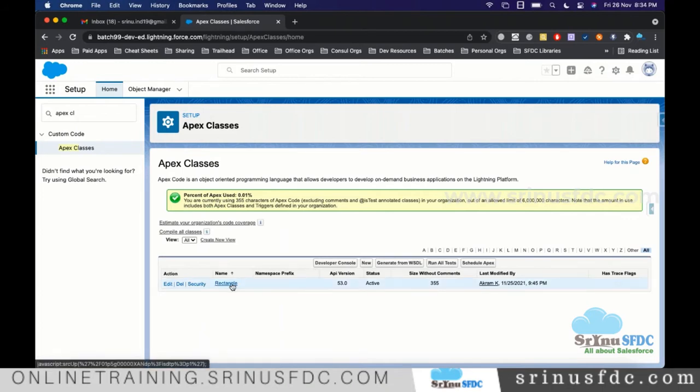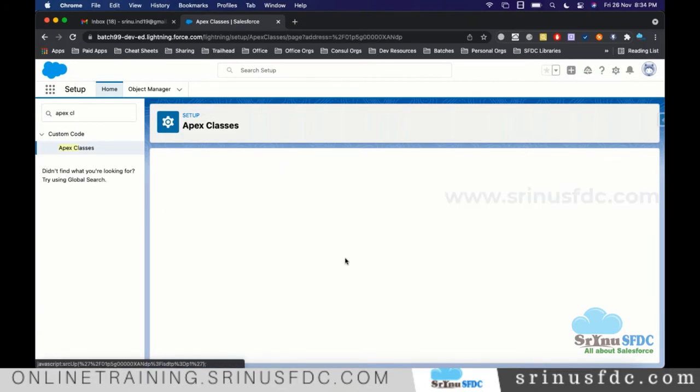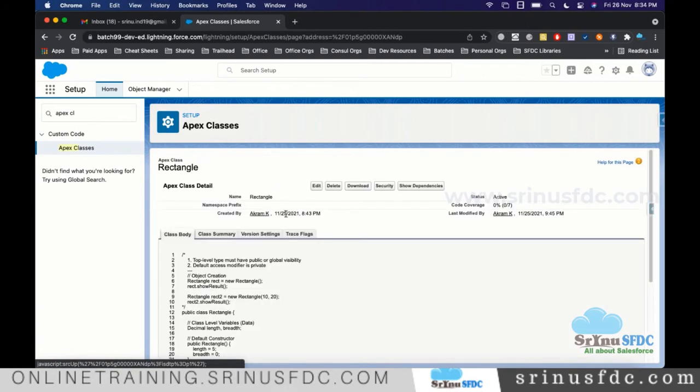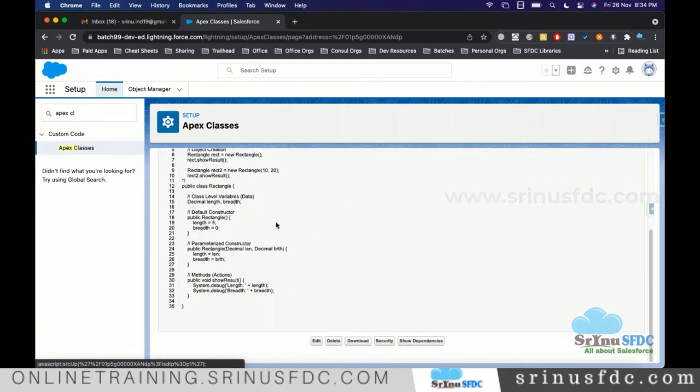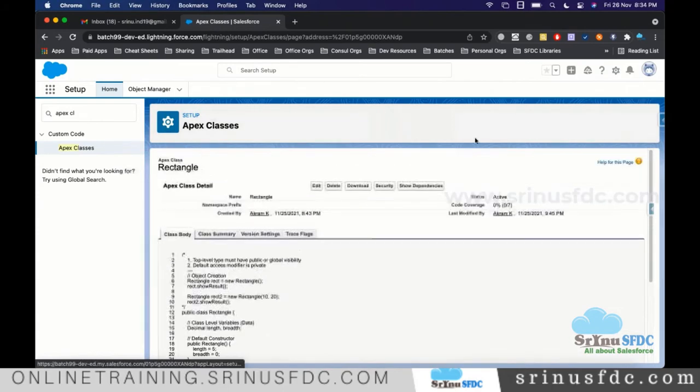Now, from here, you can create and also open and modify. But here we have very limited space and working here is very difficult. The font size is also very small. So one more way to deal with the Apex class and develop it is from the developer console, right? You can create anywhere, wherever you like. At the end of the day, it will be stored in one of the database tables called Apex class.